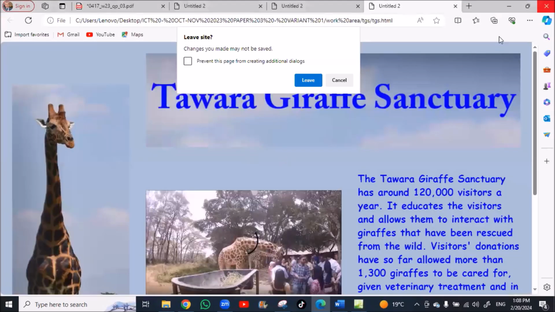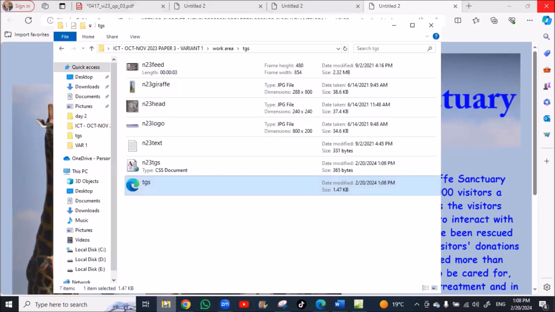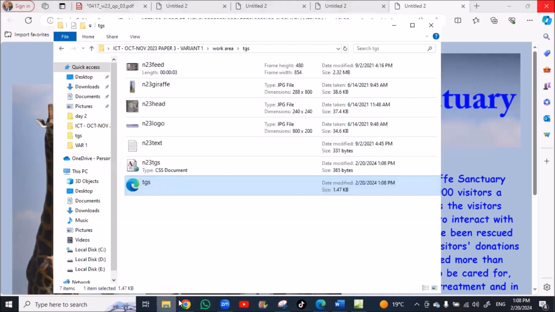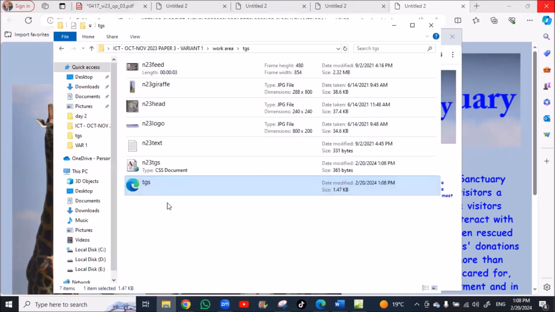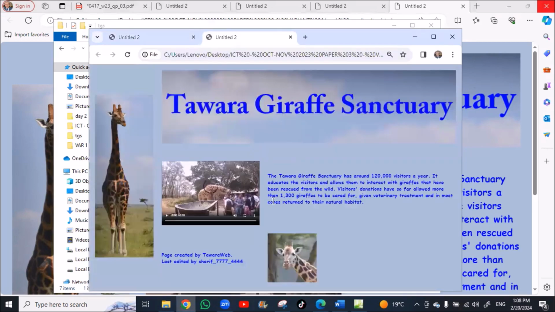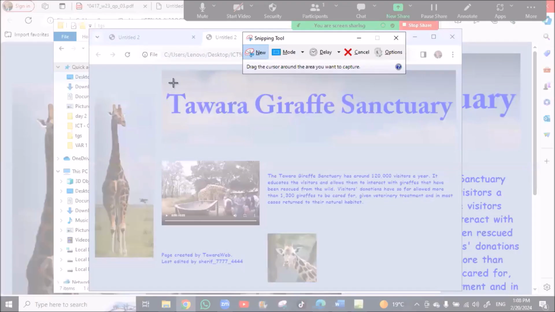Okay. Let's open it another time. Open with Google, and then we'll take the screenshot to obtain the background.